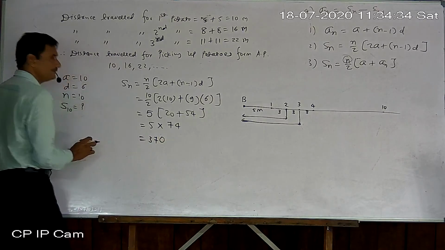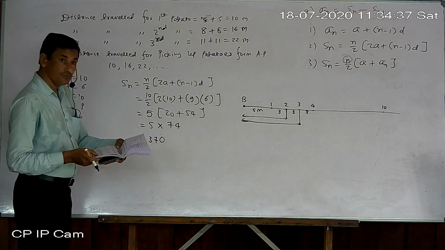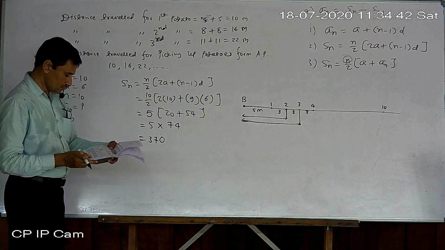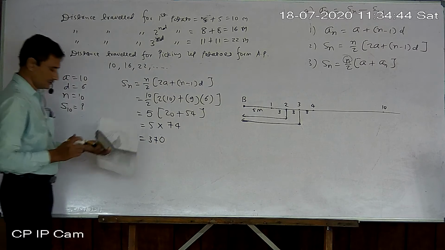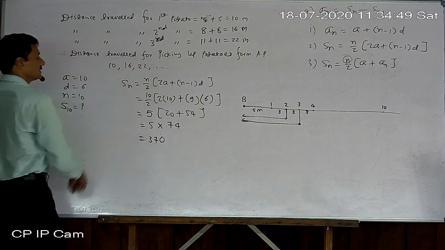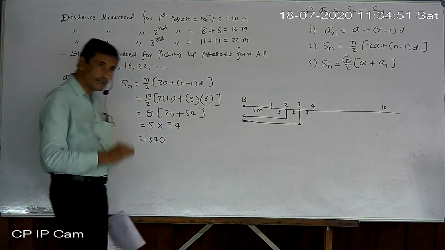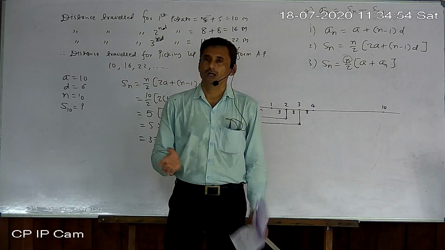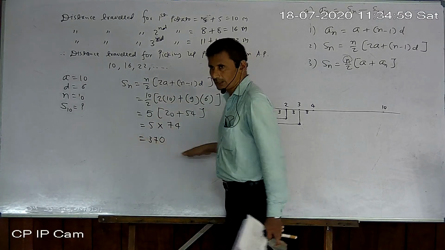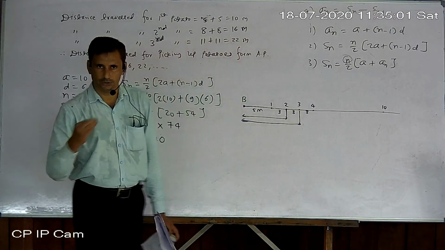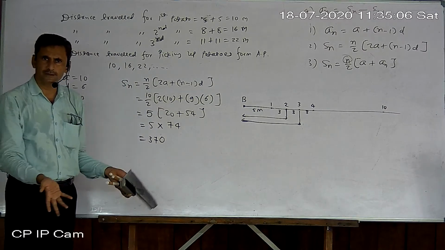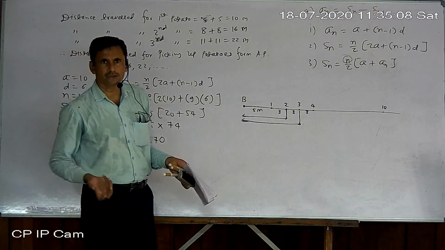Now give the answer. Whatever they ask, just give the third statement to them only. What is the total distance the competitor has to run? So write down: the total distance the competitor has to run is 370 meters. Otherwise, she has to run 370 meters to collect the total 10 potatoes. You can write the statement in your own language. Otherwise, the last statement you can just give in an affirmative sentence, since the given one is in question form.